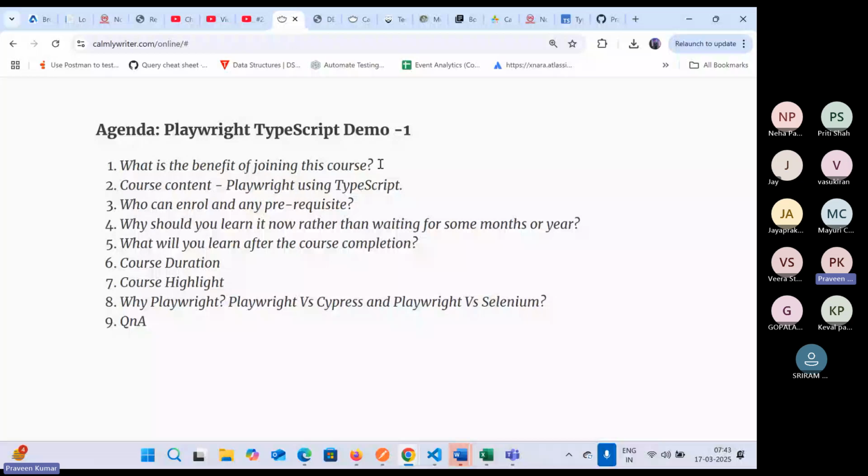What is the benefit of joining the course? So I've categorized over here in different questions and answers. The first one is, what is the benefit of joining the course? So this course will mostly consist of whatever Playwright, JavaScript and TypeScript we will be going through over here, and it will consist of practical